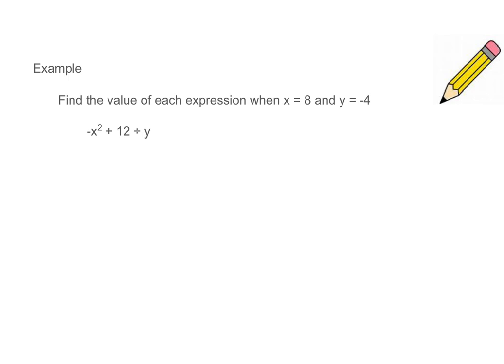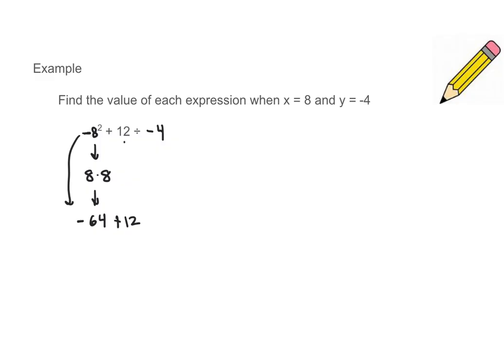Similar to the last example here, I'm going to substitute, and I'm going to put 8 in for x, and in for y, I'm going to put -4. So this is where things are a little tricky, as I taught you yesterday, because we don't have parentheses at all in the -8 squared. We have to think of that as 8 squared and then the opposite. And we know that 8 squared is 8 times 8, which is 64, and then the opposite. So that's actually -64